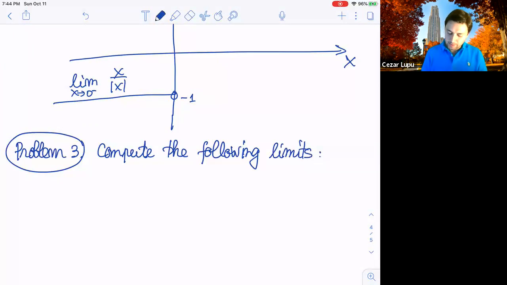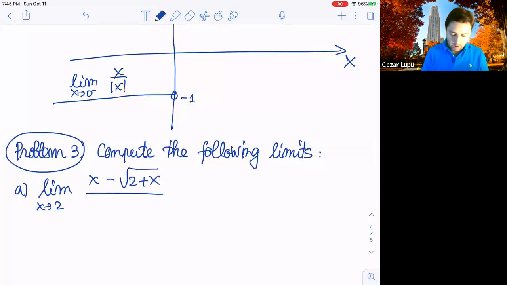The first one we would like to compute is the following: the limit as x approaches 2 of x minus the square root of 2 plus x, everything over x minus 2. The second one is the limit as x approaches 3